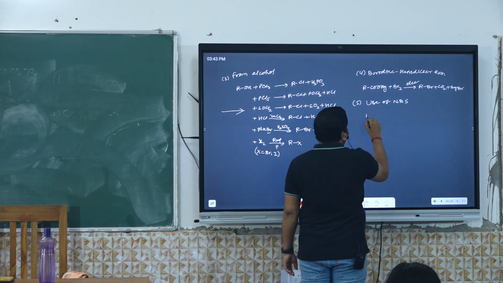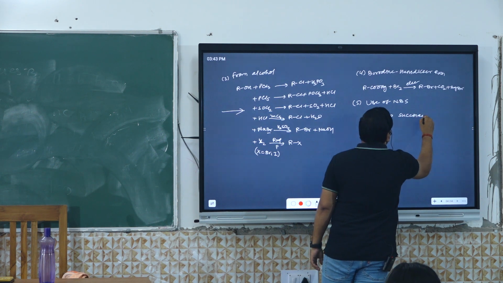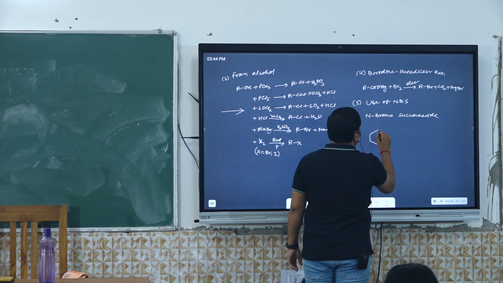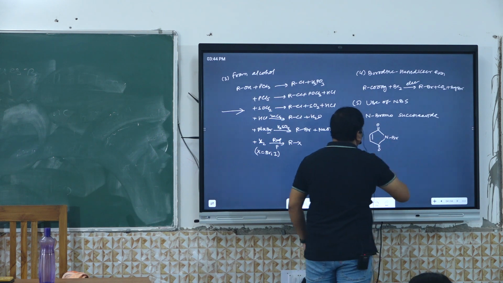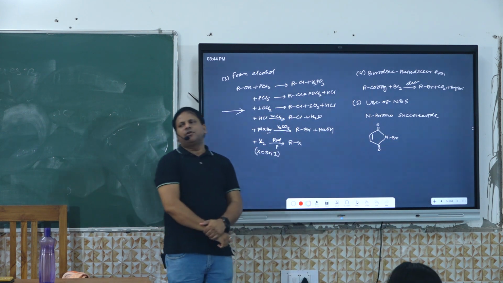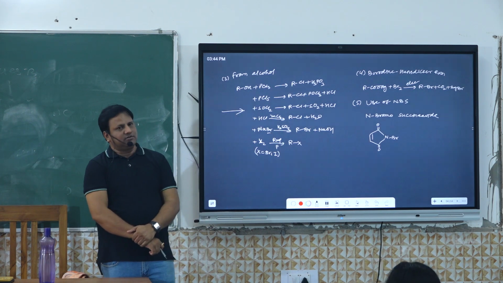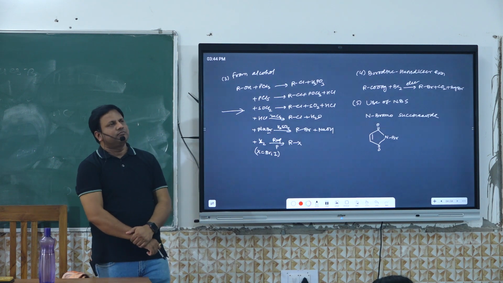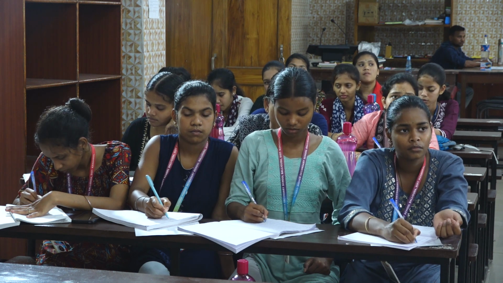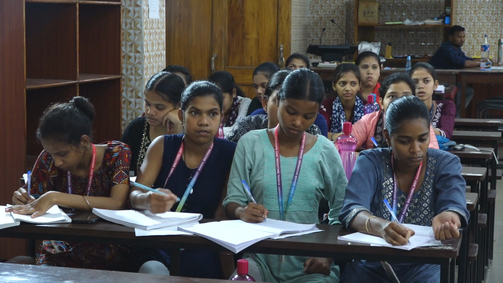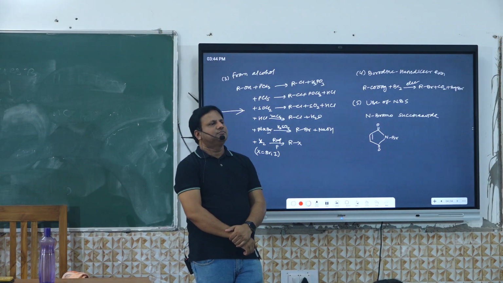Next, you might know the use of NBS. What is the full form of NBS? N-bromosuccinimide. This is the structure of NBS. It is derived from succinic acid. So N-bromosuccinimide is a mild brominating agent. Note down: it is a mild brominating agent which makes bromination only at the